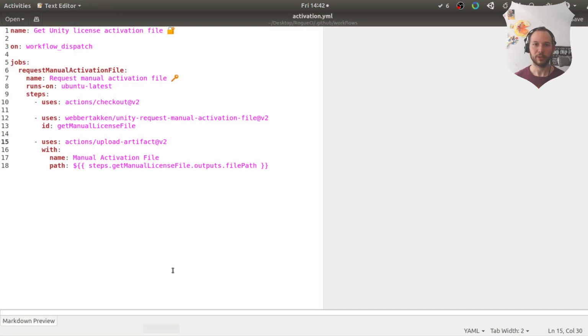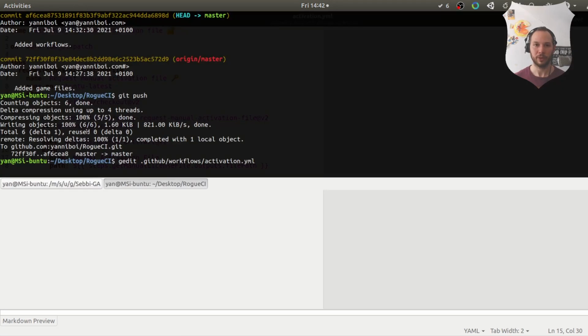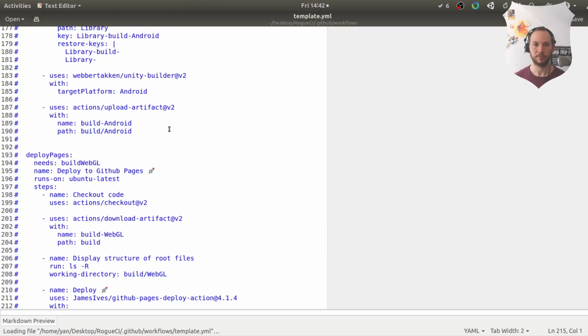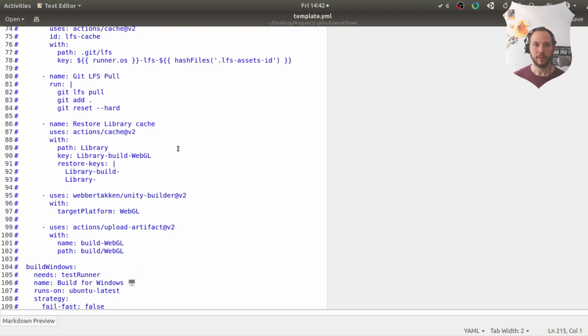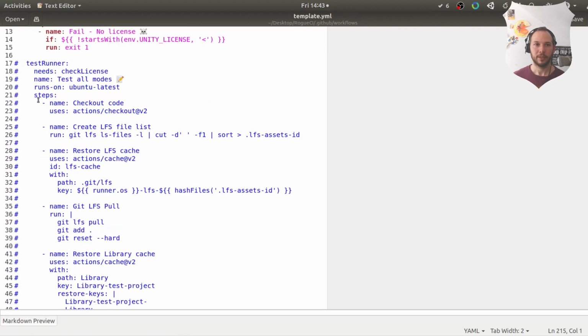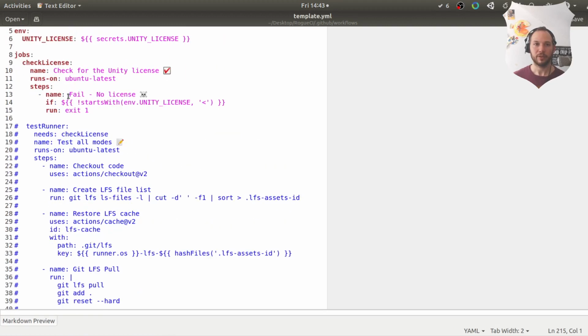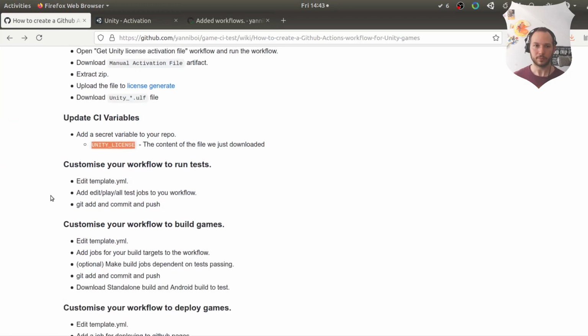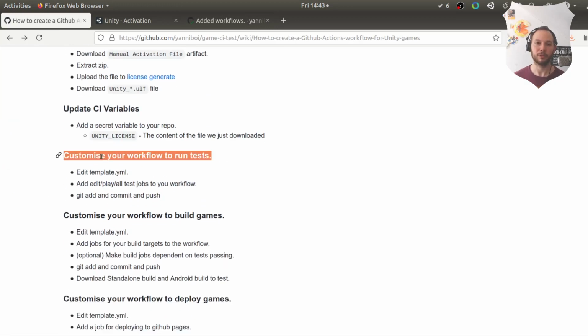Right, so we are actually going to go back now, and we are going to open template YAML. Right, and you can see here the first job is check license. Now, the first thing I want to talk about is we are going to customize our workflow to run tests. And running tests is super helpful if you want to make sure that changes to your game haven't broken anything. You might be working on one area of the game, and you want to make sure that those changes don't break anything you've already built. So having test coverage is a good thing,